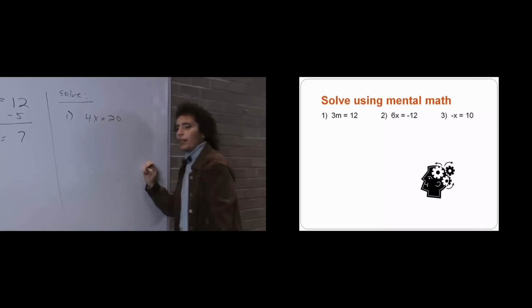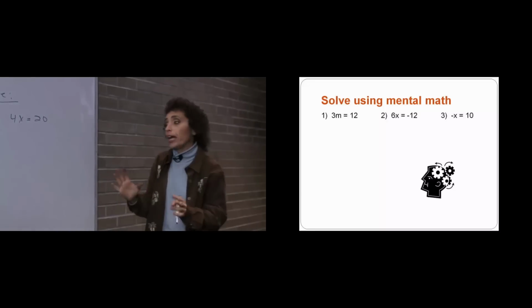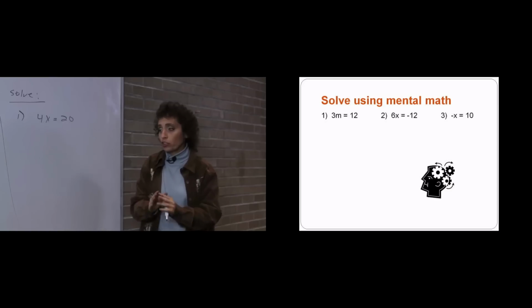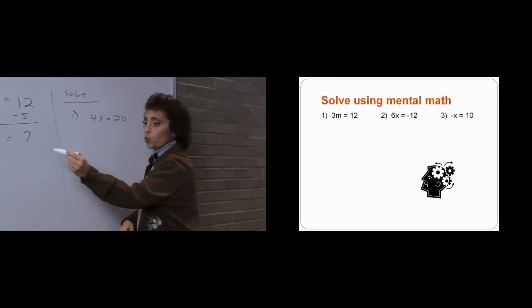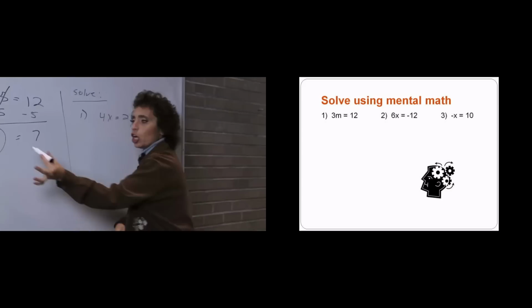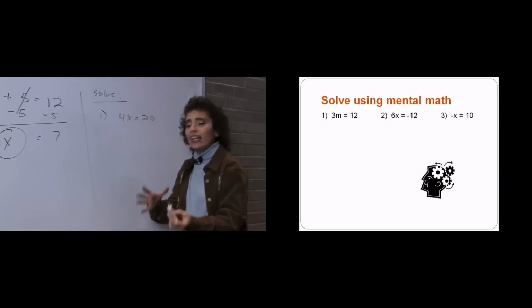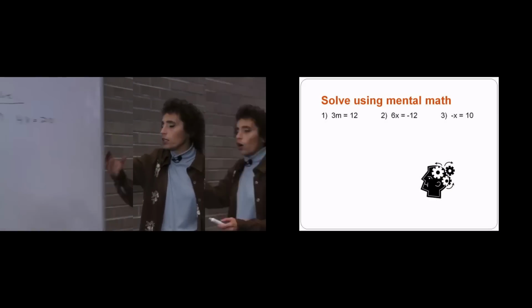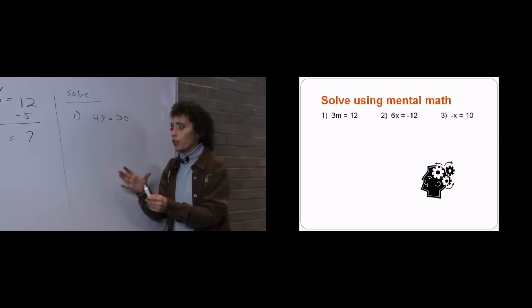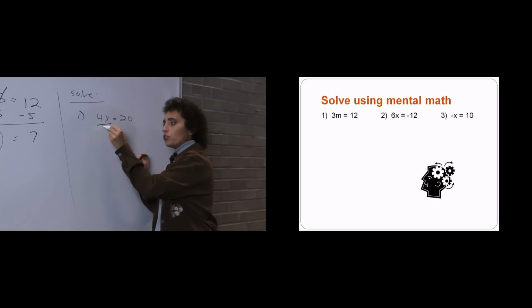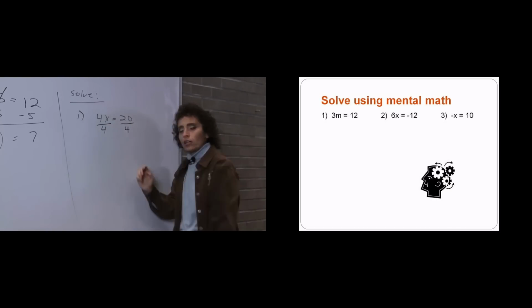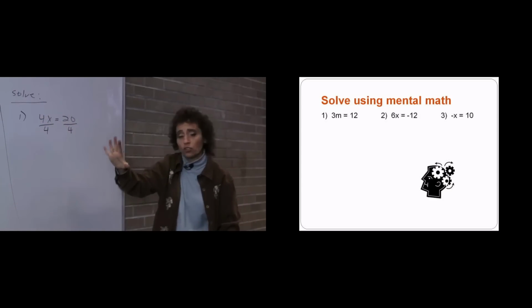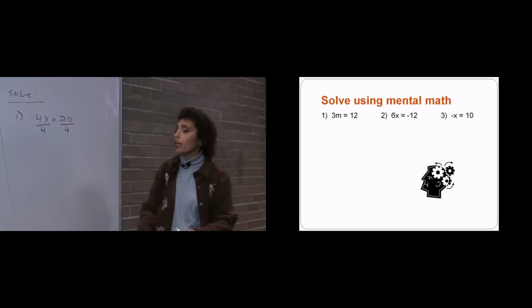4x equals 20. All right, variables on one side, numbers on the other. You already have that, so I'm not moving anything. So I'm not doing addition or subtraction, because addition or subtraction moves. But here's the goal. The goal is we want our answer to be x equals something. The coefficient of x needs to be a 1. We're always able to solve by doing the opposite operation. So this is being multiplied. The opposite operation is division. I'm going to write division like that. Please notice that I'm not using a different sign, and here's why.